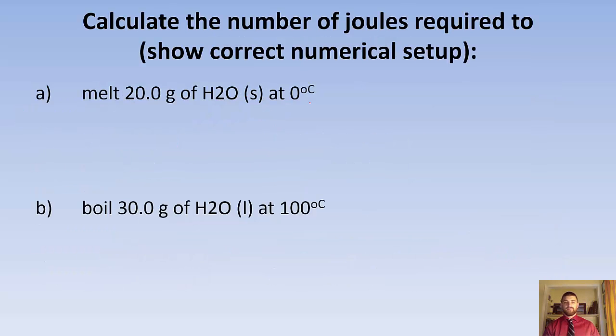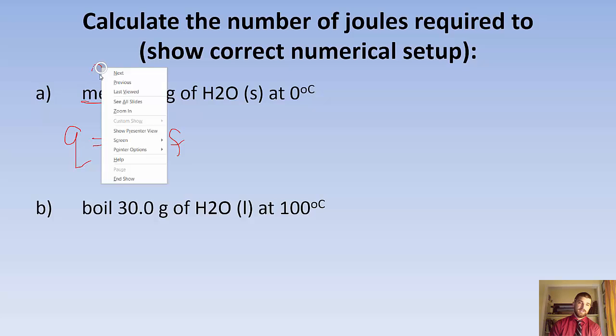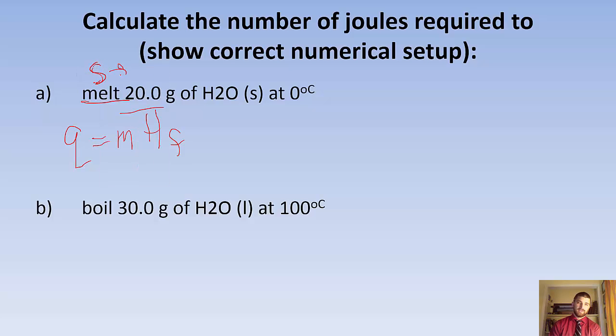Some practice math problems. So how much energy would it take to melt 20 grams of H2O at 0 degrees Celsius? Well, melt is going to be Q equals mHf because it's solid to liquid. So plug and chug, 20.0 times 334, and you get